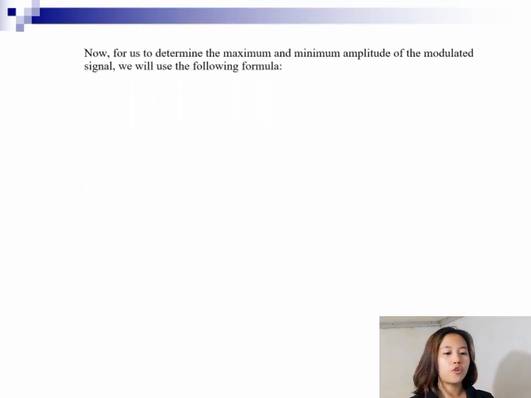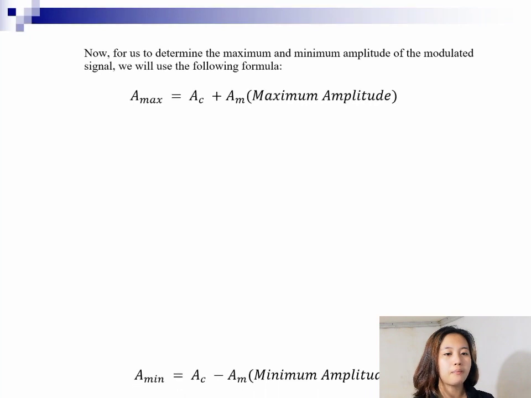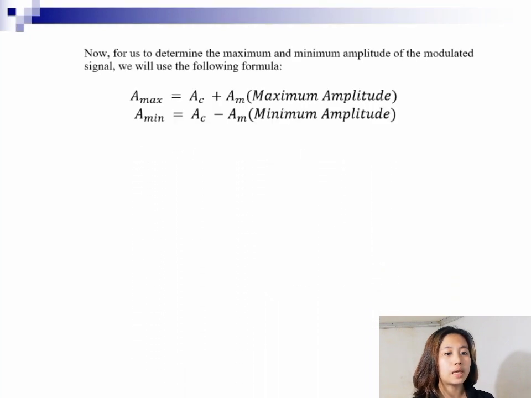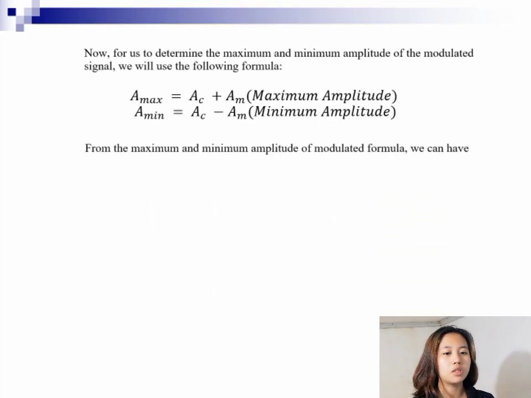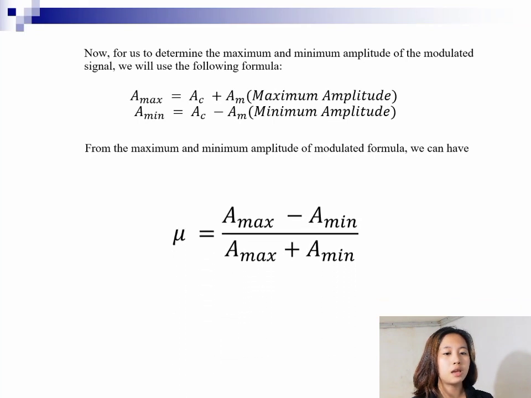Now, to continue with the formulas of amplitude modulation, to determine the maximum and minimum amplitude of the modulated signal, we will use the following formulas. For maximum amplitude, we use Ac + Am, and for minimum amplitude, Ac - Am. And from the maximum and minimum amplitude of the modulated wave, we can have (Amax - Amin) over